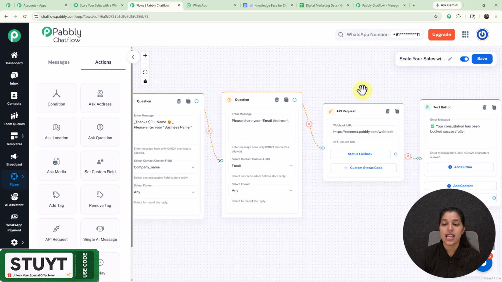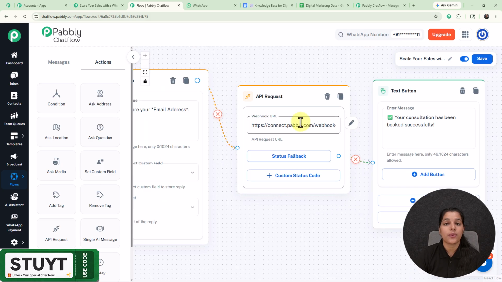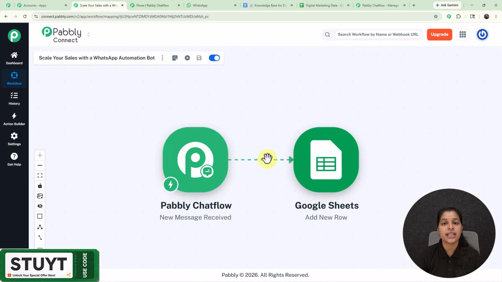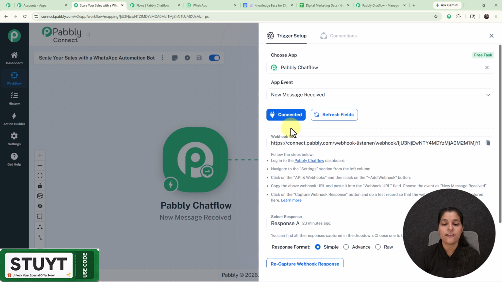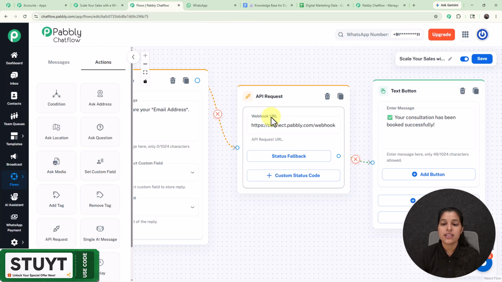And afterwards I have used this API request node which I have got from this message block, by using which I am going to integrate my Pabbly Chatflow with Pabbly Connect. So Pabbly Connect is an all-in-one automation tool that integrates a variety of applications. So right here you can see that inside my Pabbly Connect I have already integrated Pabbly Chatflow with Google Sheet. So here in Pabbly Chatflow I have got this webhook URL